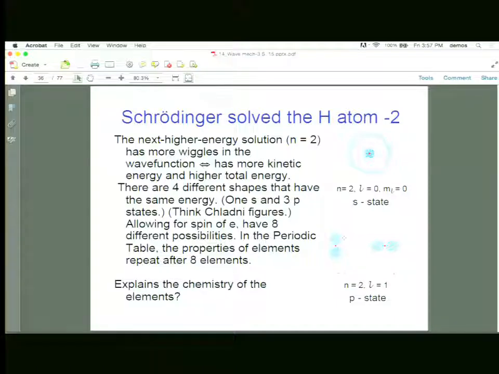The other thing that's different about this is that not only do these orbits have an orbit, but the orbit can take a certain tilt. So that you can have the orbit, for example, going like this, with an angular momentum upward, another particle's going around this way, and we would say that the m value, this is the magnetic quantum number, makes a difference. See, if this is a magnet, if there's a magnetic field here, if this is a current, there's an electron going around, so it's a current, it has a magnetic moment.